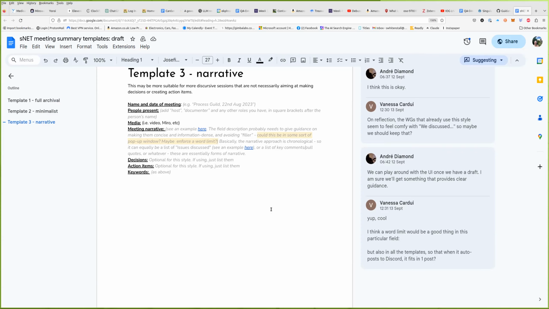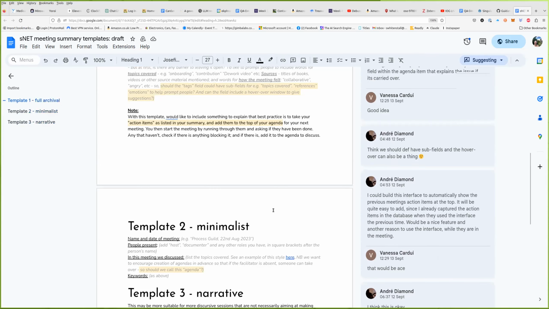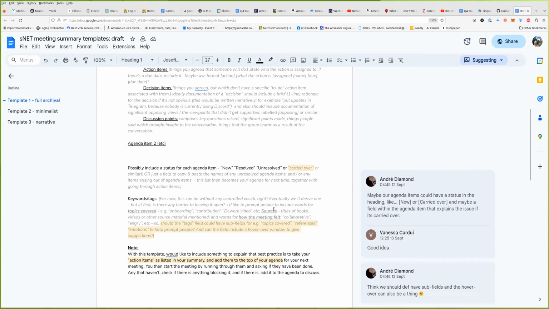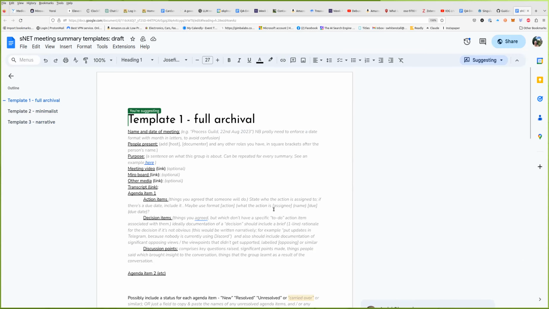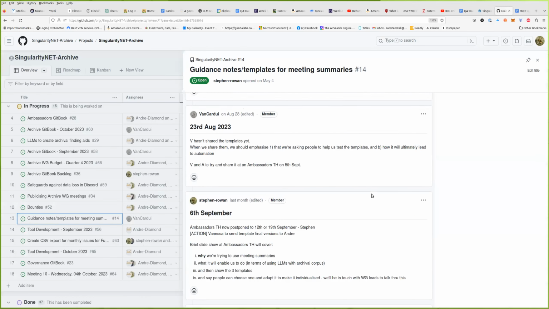What we plan to do is take these 3 templates round to every workgroup lead and go, okay, which one fits with what you do? And do you want it customized? So the idea is that each workgroup will have its own, and the interface eventually, Andre, if I'm right, they'll be able to select their work group from a drop down, and it will come up with the agreed template that they have.